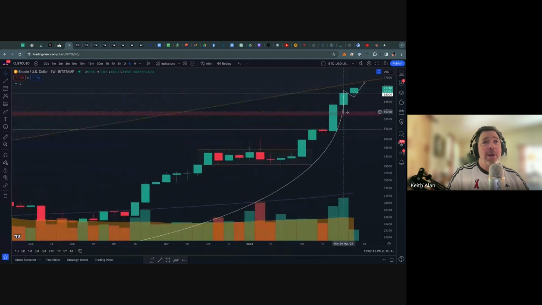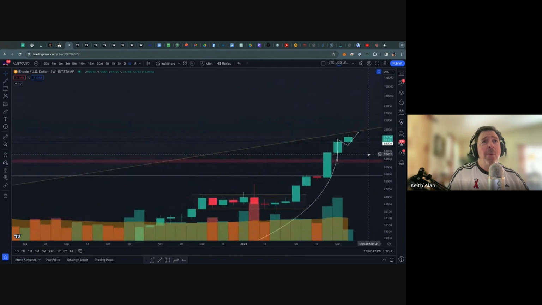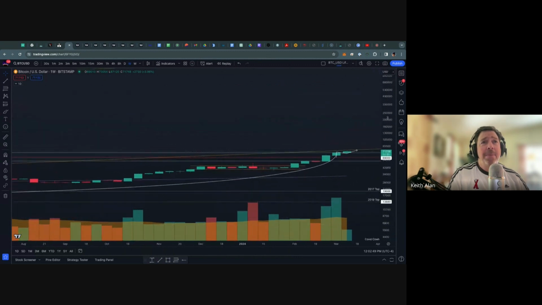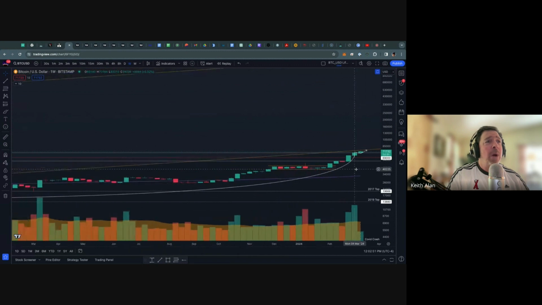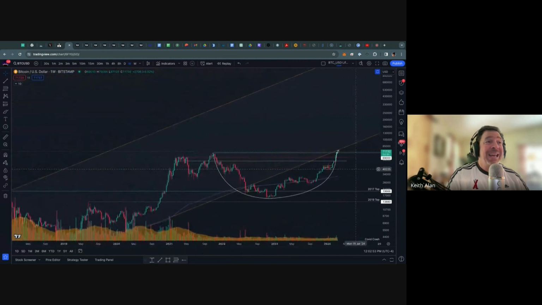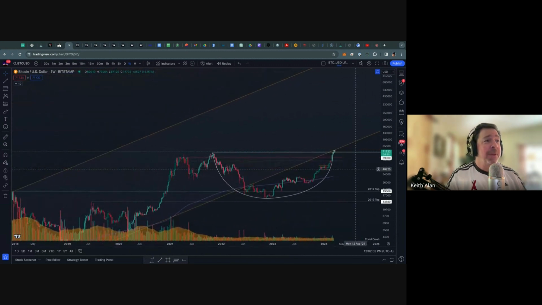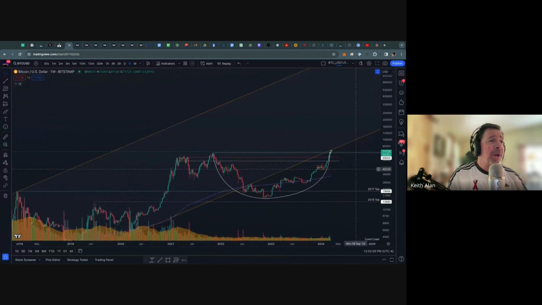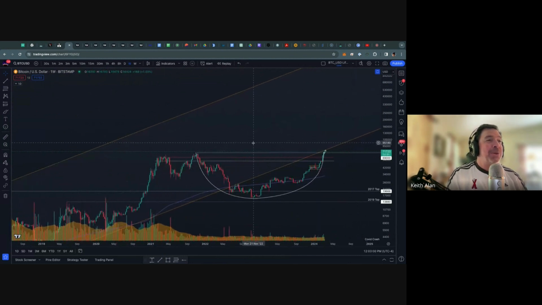I want to zoom out a little bit here and give you maybe some confluence with where we could be going from here. Because again, there aren't a whole lot of lines left in the chart, right? We're going to start working on some other geometry to see if we can find other potential ranges of resistance. But this is just price discovery from here. So if we make it back into this channel here, and it stands to reason that we will,